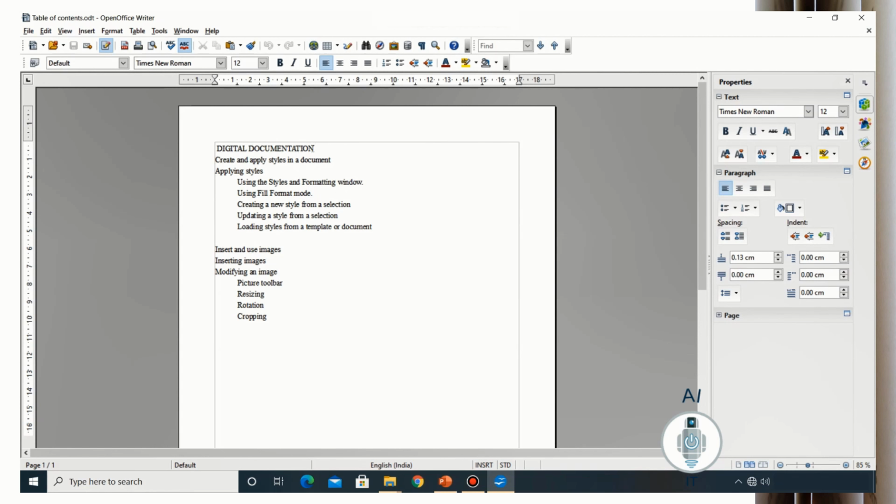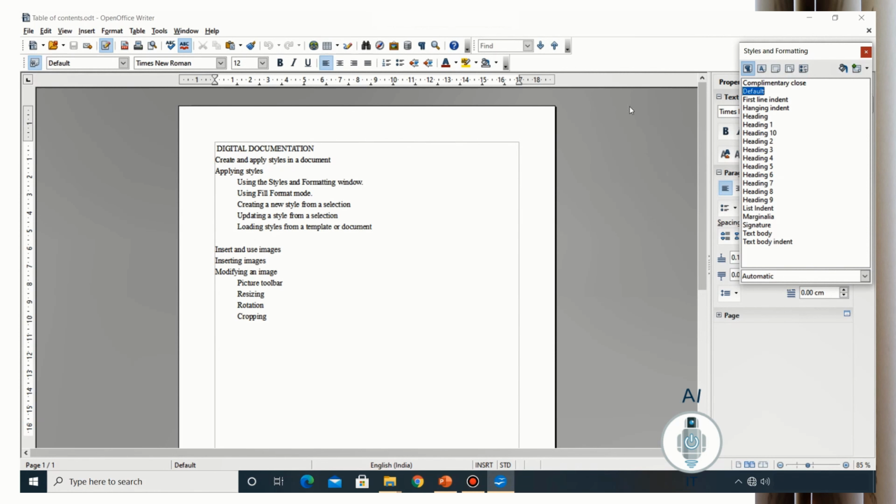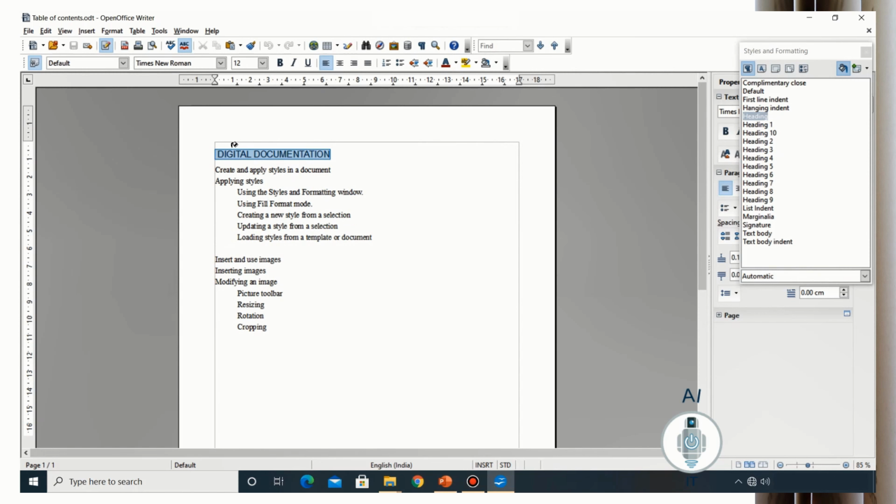Now I'm going to make changes to this document by using the Styles and Formatting window. The heading is going to use the first style, which is Heading. Now I am clicking on Fill Format Mode and hovering it over the words Digital Documentation.